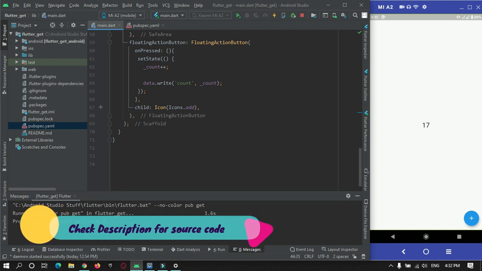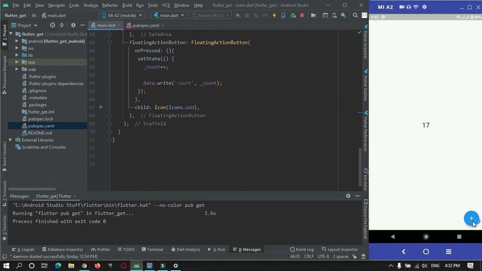Okay, our app got restarted. 18, 19, 20. Now our count is 30. I will just restart this app again.